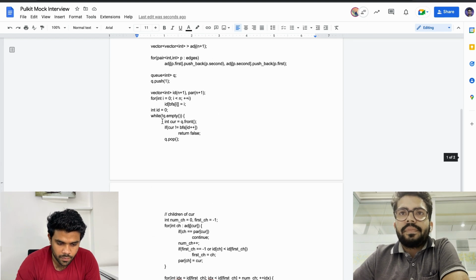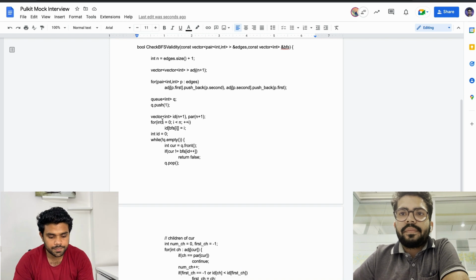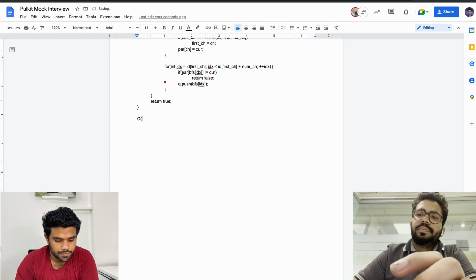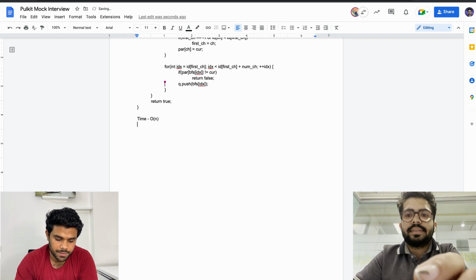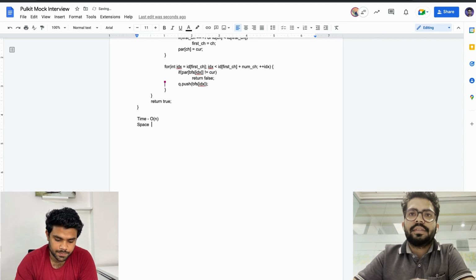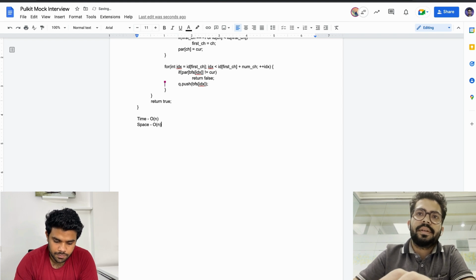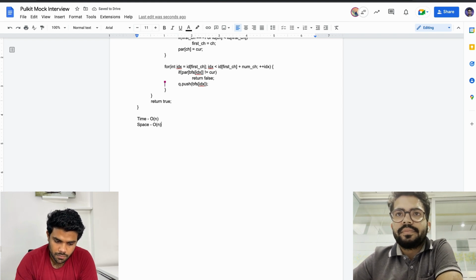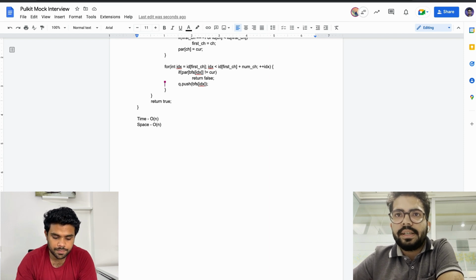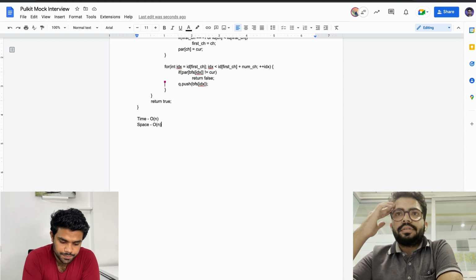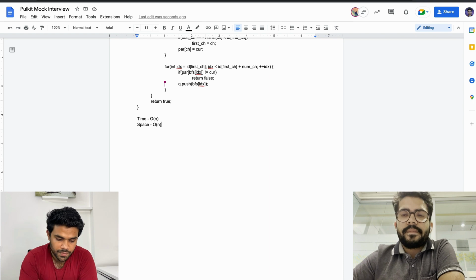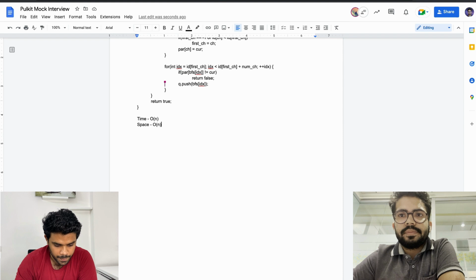And now finally, what's the complexity of this algorithm? So it should be O of n time, and the space complexity should also be O of n, because I am making a few arrays and a queue also, which can have at most n nodes at a time. Yes, correct. So I think this should do. All right, good. So I think we have time for another question as well.